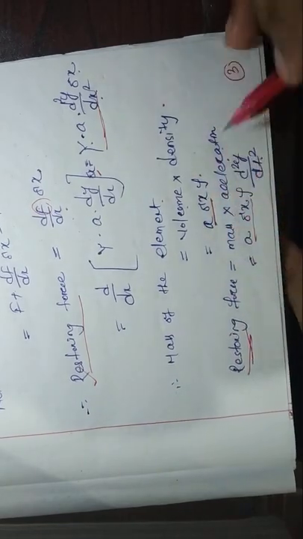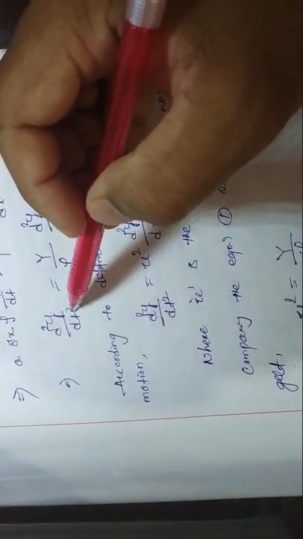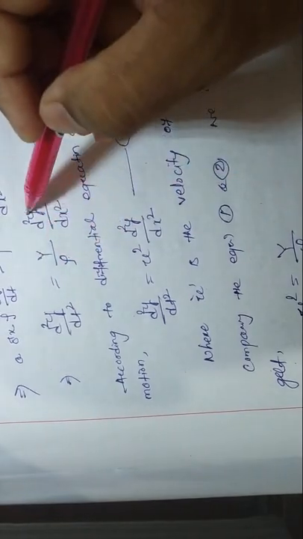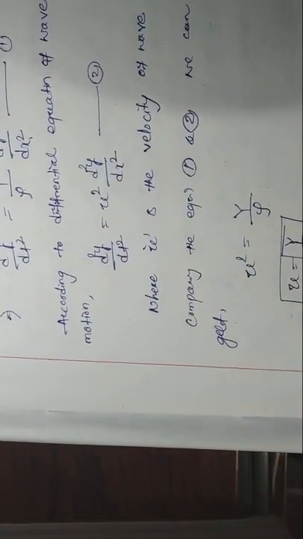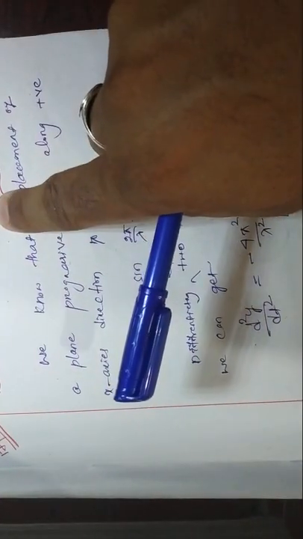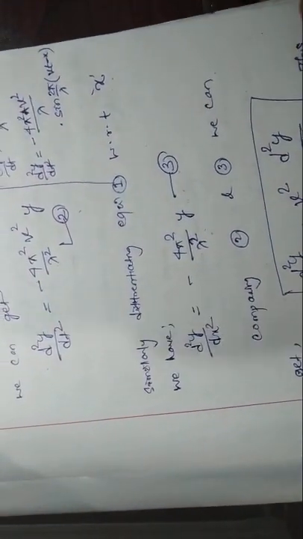So here is one expression for the restoring force, and here is another expression. If I equate these two equations, then I will find d square y by dt square equal to Y by rho d square y by dx square. Now if we compare this with the differential equation of wave motion that we got initially,